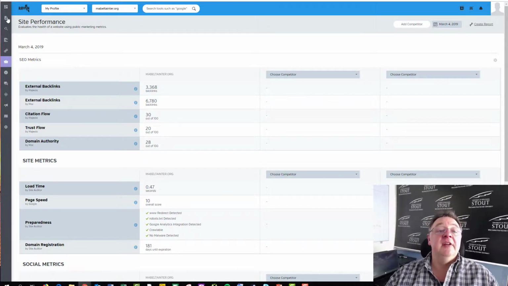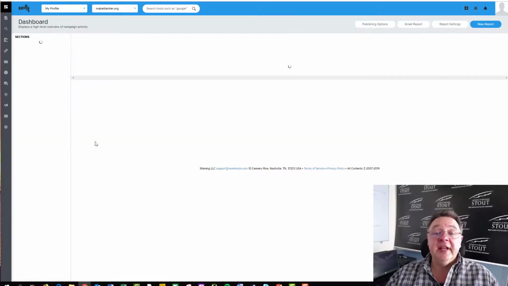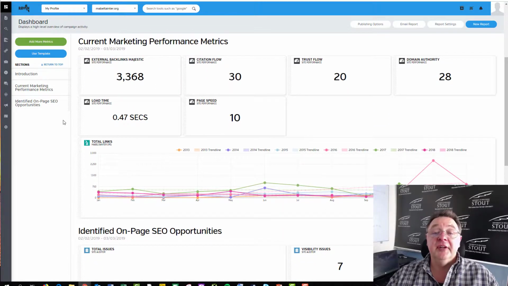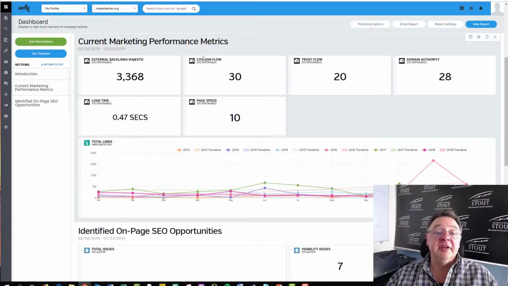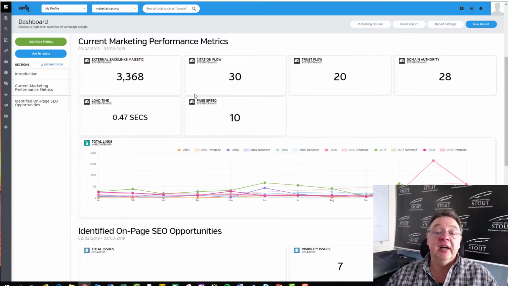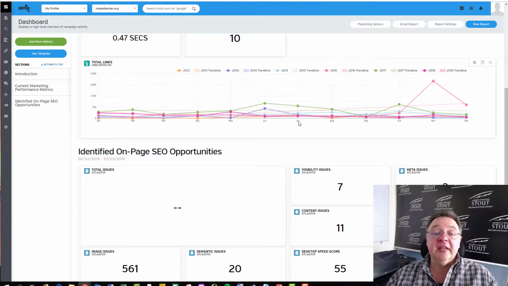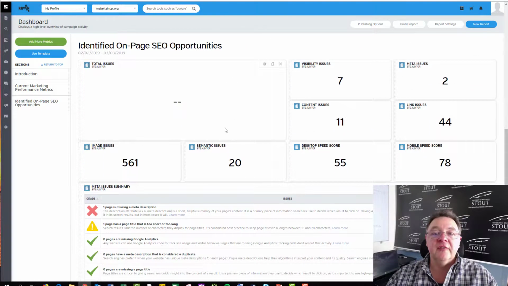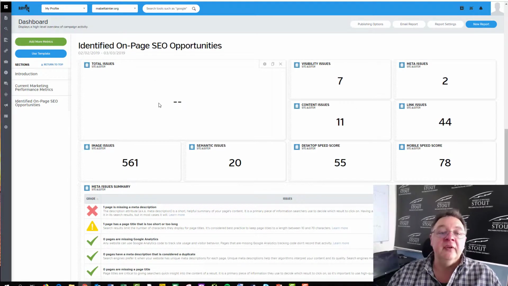So now we're in Raven, and when we go to the dashboard, this is going to break it up into one way of looking at these systems. There are marketing performance metrics. How are you doing within these different metrics that are looked at? You'll notice that they're all brought about from different things. The page speed, the load time, domain authority, these aren't things that you can immediately change. Links are the people who are linking to your site. And there's also this, where we're going to start focusing, because it's the area where we have the most influence: